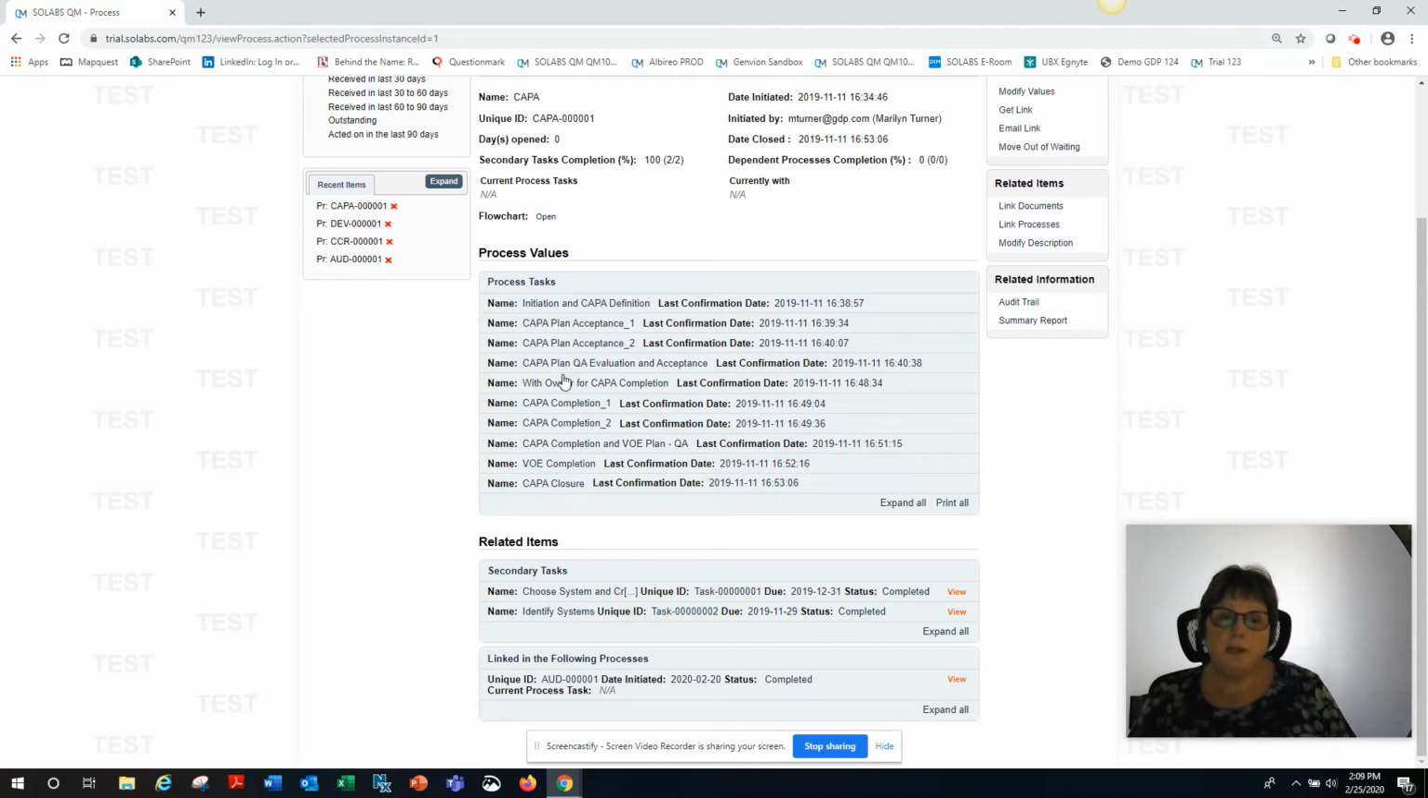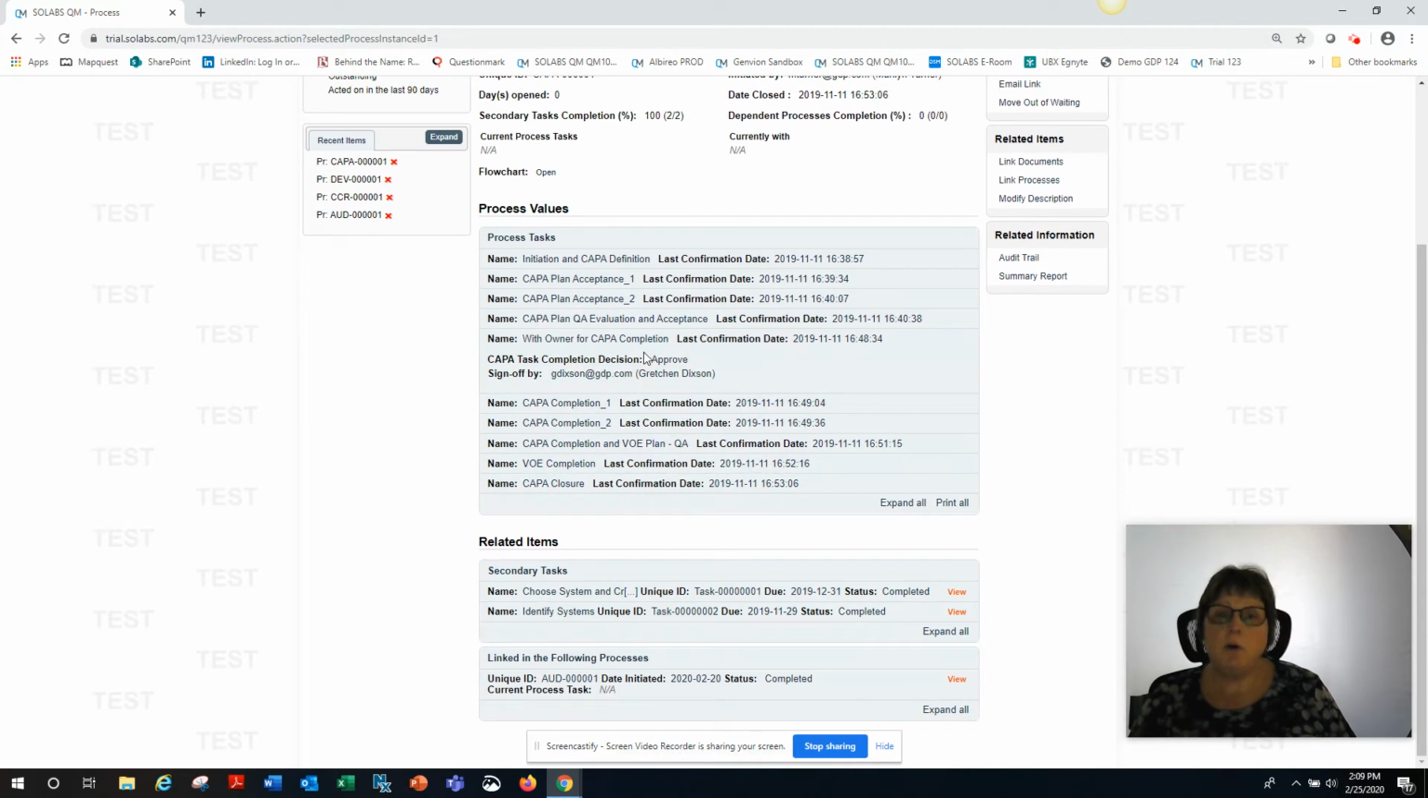Once they approve it, it goes to the assigned CAPA owner. It will stay at this step until any dependent processes or secondary tasks are complete. The CAPA owner will not be able to approve it until all of those things are completed. But at that point, they will be able to approve that their CAPA is complete per the plan that they